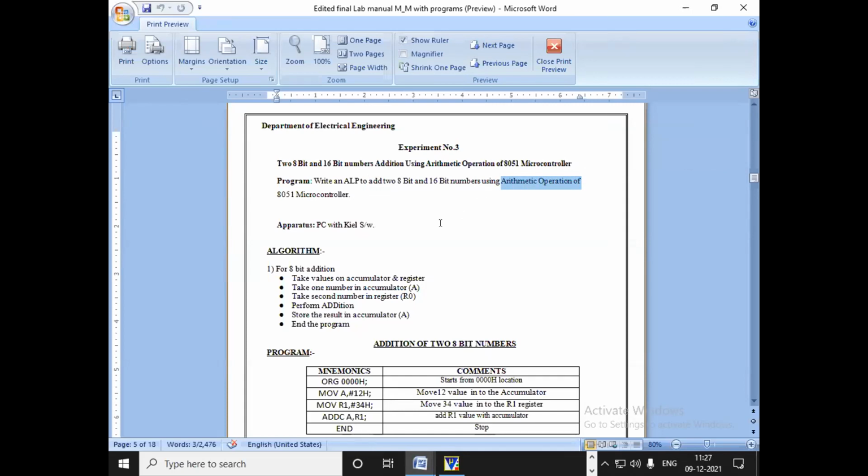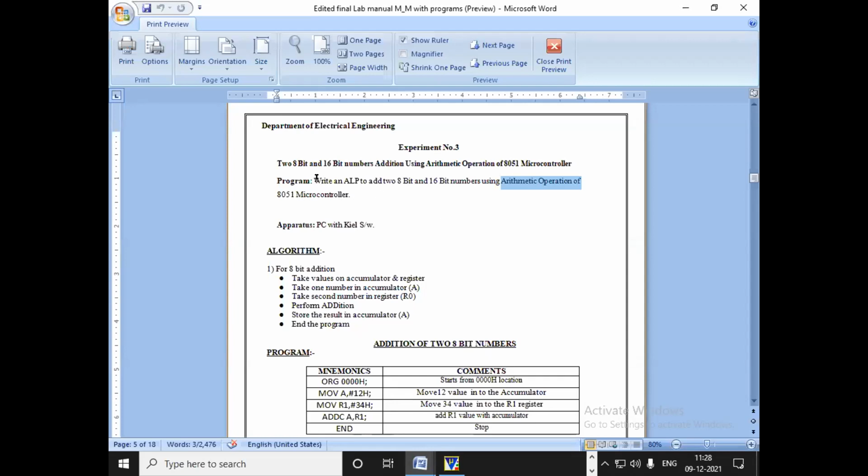Second, we have the registers R0 to R7. त्यातला you have to discuss any register, we have to take R0 to R7. त्यातला कुठला एक register आपण use करू शकतो. ठीक आहे. But register B is also present in the 8051. But this B register is used in multiplication and division purpose. Remember this. You can use B register also, but a lot of times B register is used for multiplication and division.